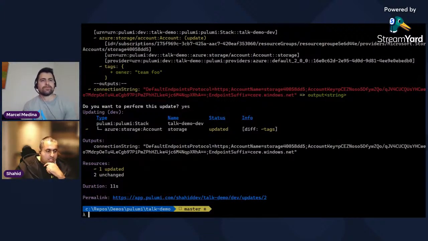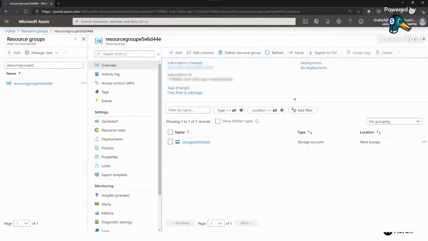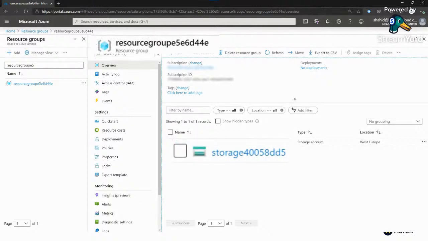So I mentioned this URL. Let's have a quick look at the resources that it created, because there's a couple of interesting things here. In my portal, what I can see is I have this resource group. And the thing you'll notice is these strange numbers on the end. There was nowhere in the code where it was going to do that. It was just called resource group. So where do these strings come from? Same with the storage account, there are these random strings at the end.